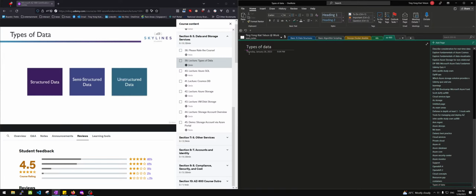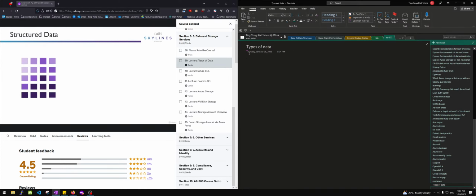And just by reading them, it kind of makes sense to some degree, but let's dive into them in a little bit more detail. First of all, we have structured data. So this adheres to a schema. All the data has the same fields or properties. So for example, it's stored in a database table with rows and columns, things you're pretty familiar with like in